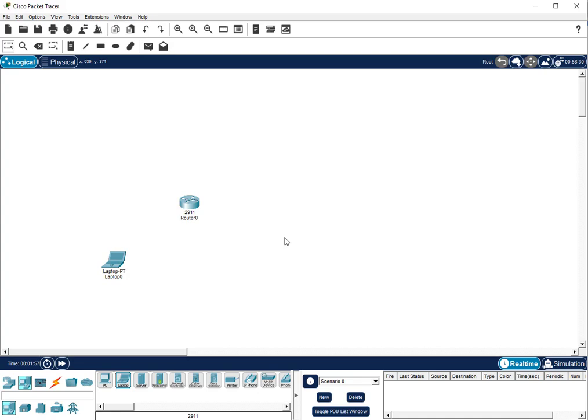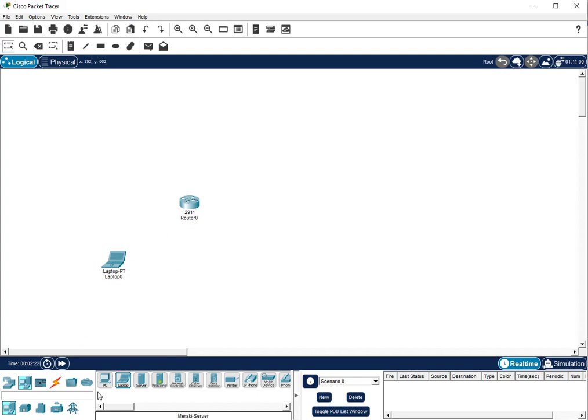Now, even if you're going to configure this over the network, I'm pretty sure you're going to have to at least do the initial configuration using the method that I showed you here. And we'll talk about the initial setup configuration in another video. So here's what we're going to do